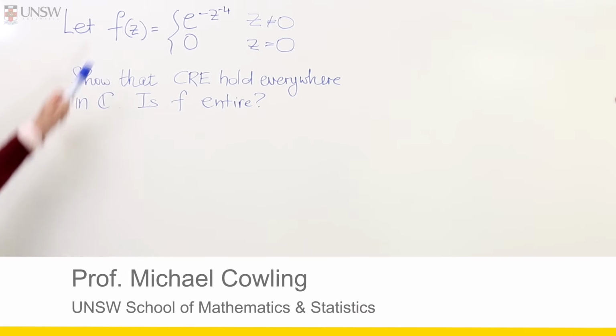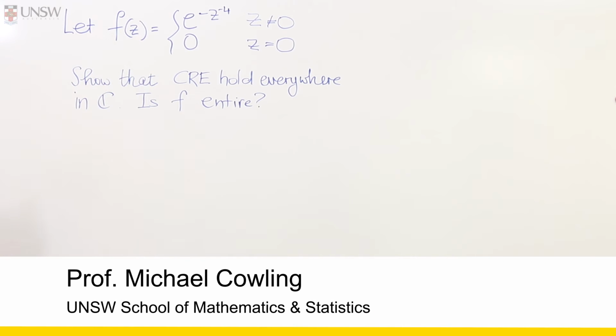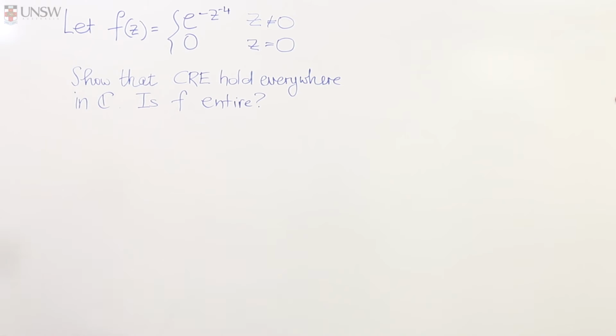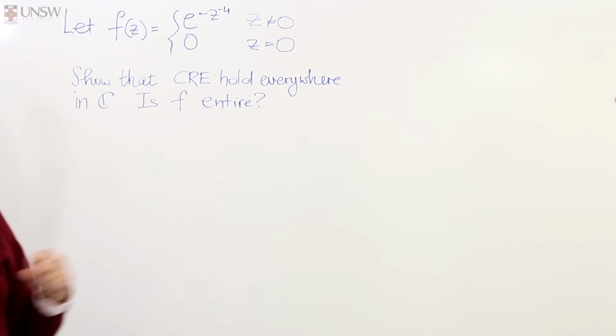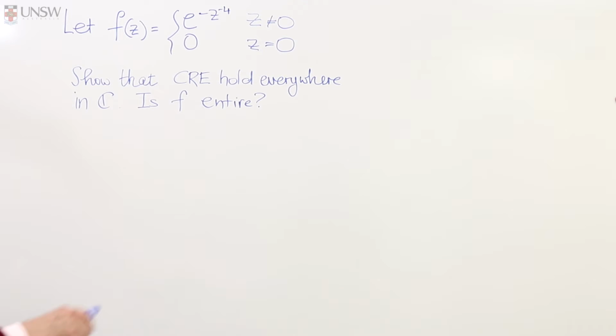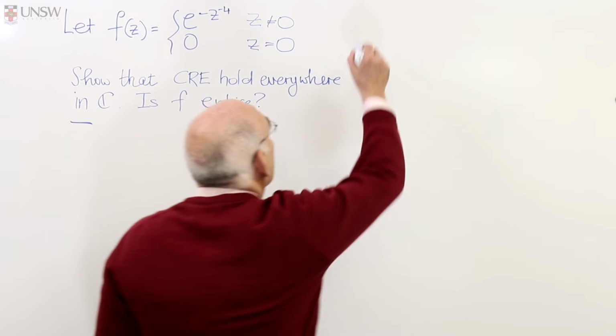So the problem is, let f of z be e to the minus z to the minus 4 when z is not equal to 0, and 0 when z is equal to 0. We have to show that the Cauchy-Riemann equations hold everywhere in the complex plane, and then we have to ask the question, is f entire? That is, is f differentiable at every point in the complex plane? So the first part of the answer is that